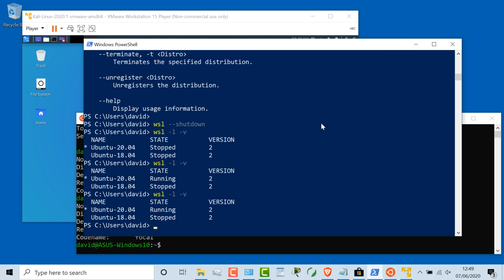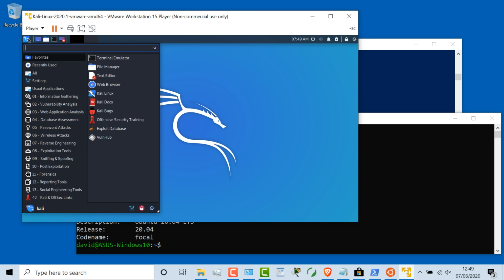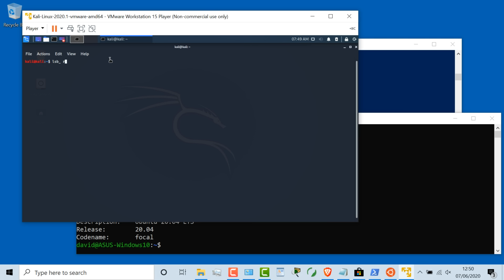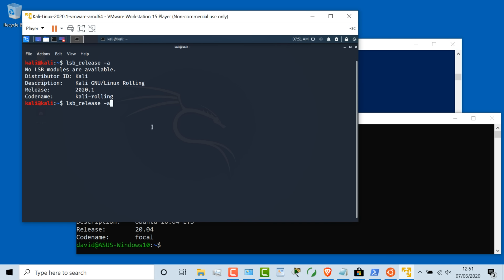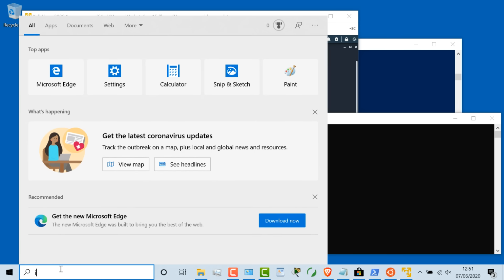So wsl -l -v, I've got Ubuntu 20.04 running, as we can see over here, and I've got Kali Linux running at the same time. So lsb_release -a. I'll zoom in a bit here to make it easier to see. But notice I've got, once again, lsb_release -a. This is Kali Linux 20.01, and I've got Ubuntu 20.04 running at the same time on a Windows